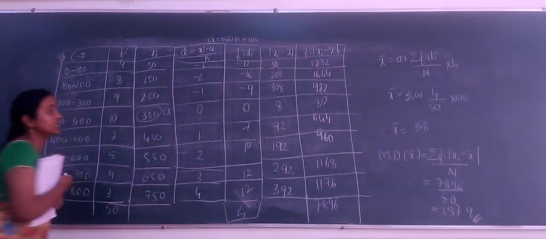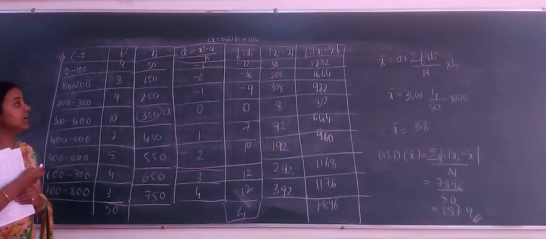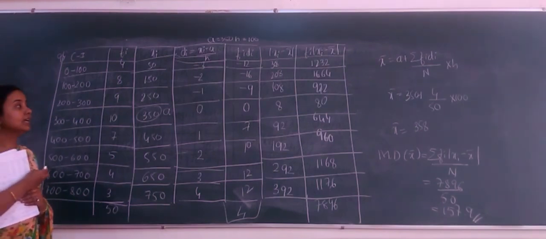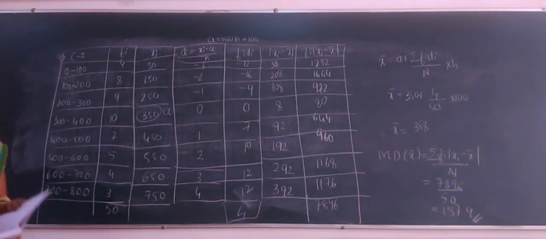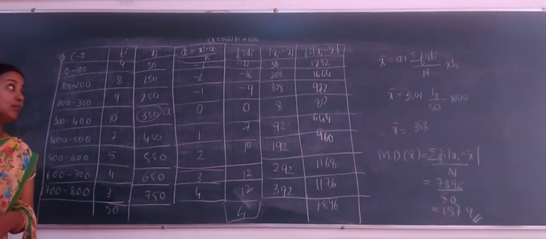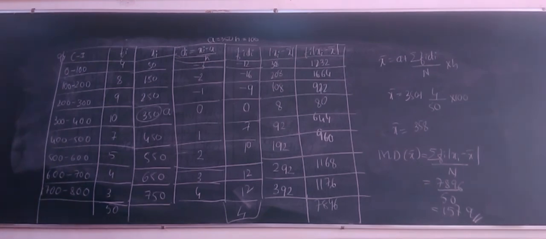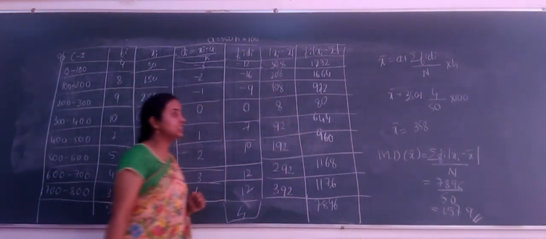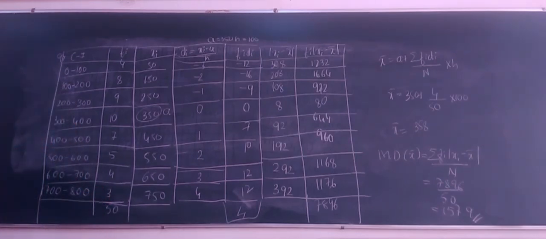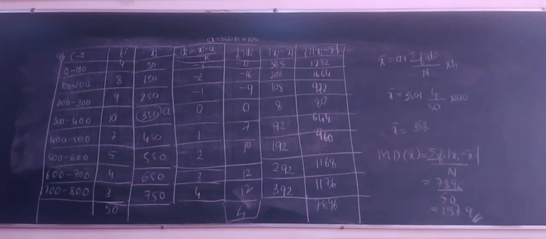So this is the process to find the mean deviation about mean for a continuous data. As and when you go on practicing, the process of solving this will become easy for you. You don't have to bother at the first time itself. It takes time, but it is very easy and simple to solve. The calculation part will be more if it is a class interval or a continuous data. Otherwise, the remaining all will be the same. Here, as I have used the step deviation method, the mean formula is changing.